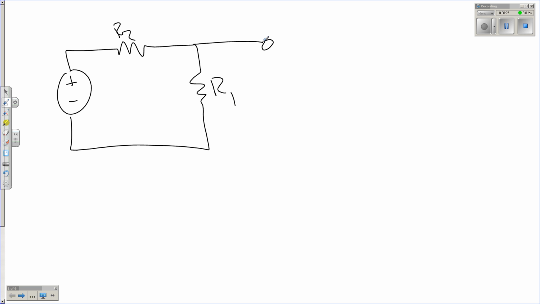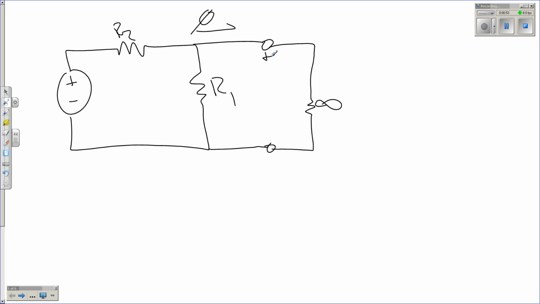Now, one little note on notation here. When I draw these two leads out and I put that circle at the end of them, I'm saying that there's an infinite resistance there. So really, what this looks like is just another resistor that's infinite. And what do we know from that, from Ohm's law? Well, we know that there will be no current flowing across